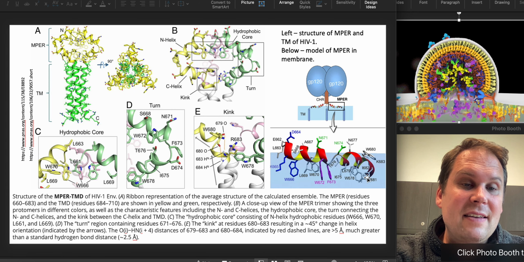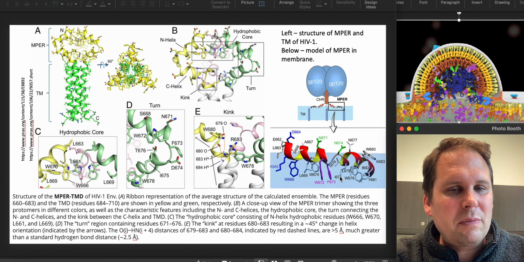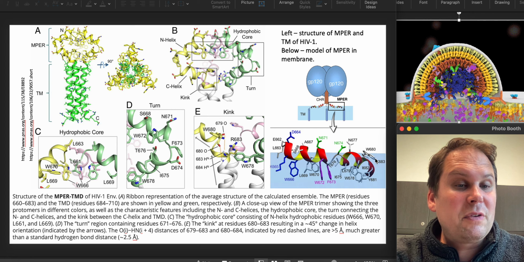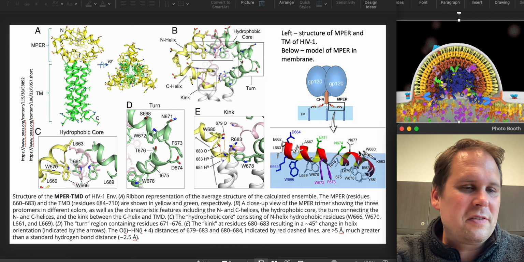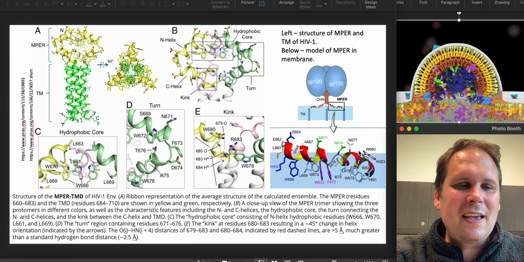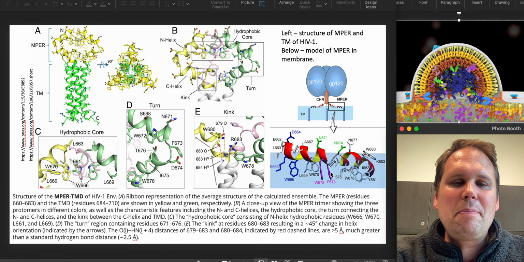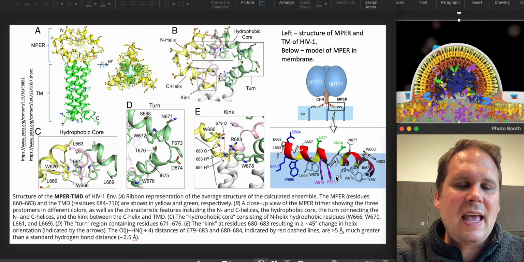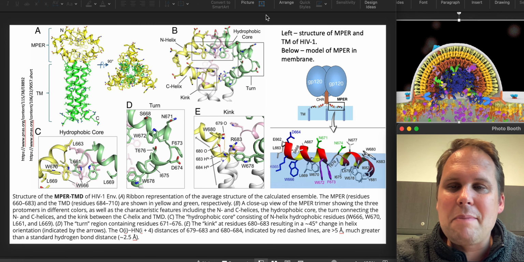And it has a hydrophobic side that is buried down in where the hydrophobic part of the membrane would be. And it has the hydrophilic side, which is up nestled amongst the head groups, which are charged in the membrane. So it is perfectly built to kind of float at the membrane-water interface. And this is the part that we think will actually end up carrying some lipid molecules from the virus membrane up toward the cell membrane and actually creating that bridge, a process called hemifusion.